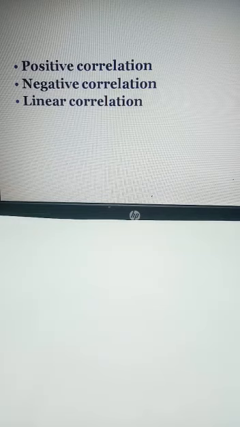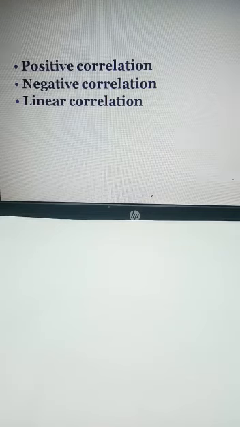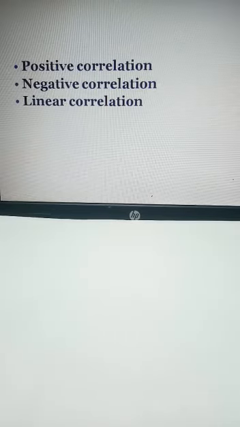Suppose we have two variables, x and y. If x is rising by 1, y is rising by 10, so the x to y ratio is 1:10. If x is moving 2, y is also moving 20. The ratio remains the same, 1:10. Then if x is moving 3, y is moving 30. Again the ratio remains 1:10. So when the ratio remains the same but one variable brings a change in the other variable, we can say this type of correlation is known as the linear correlation.